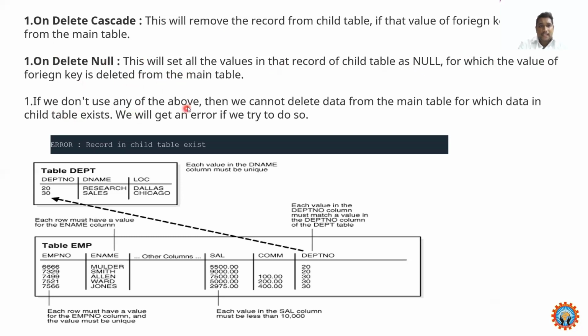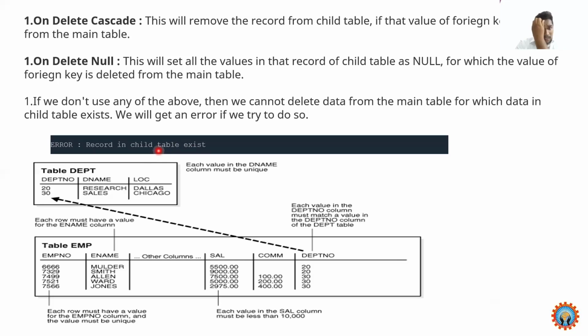If we don't use either of these, then we cannot delete data from the main table for which data in the child table exists. Otherwise, there will be an error that a record in the child table exists, so there will be no deletion of data.